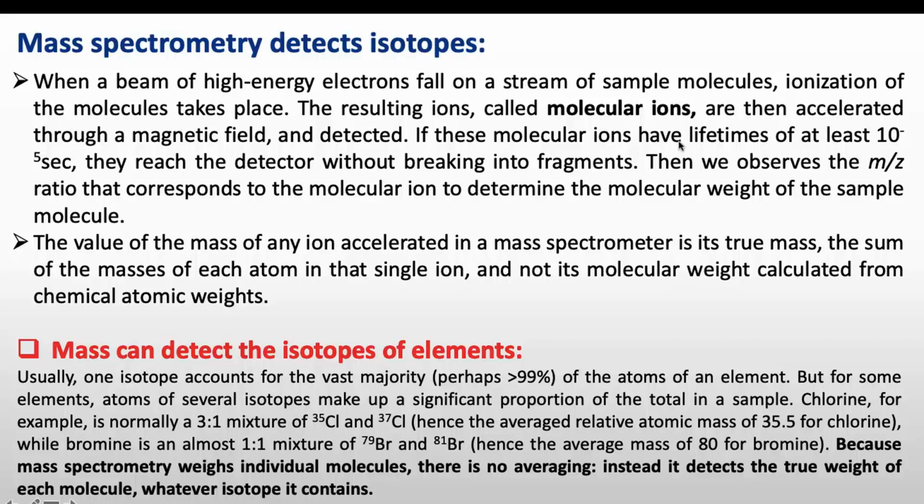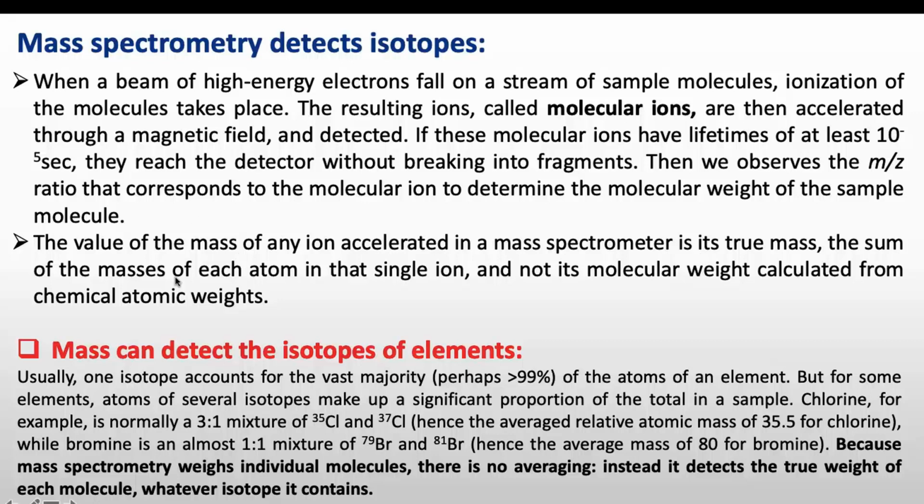If these molecular ions have a lifetime of at least 10 to the power minus 5 seconds, they may reach the detector without breaking into fragments, and then we observe the mass to charge ratio corresponding to the molecular ion to determine the molecular weight of the sample molecules. But if the lifetime of the molecular ion is less than 10 to the power minus 5 seconds, then it will be fragmented further. Now the value of the mass of any ion accelerated in a mass spectrometer is its true mass,